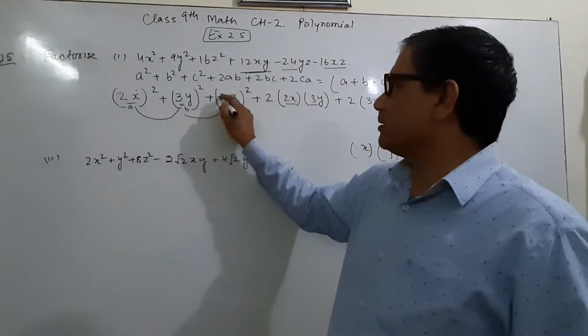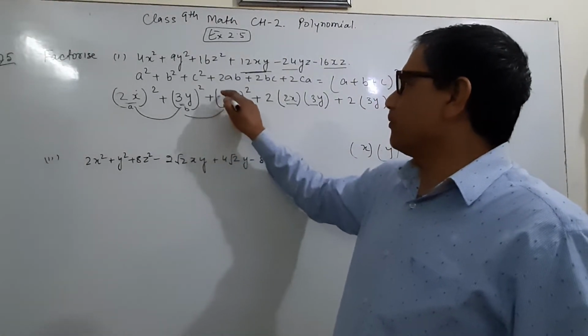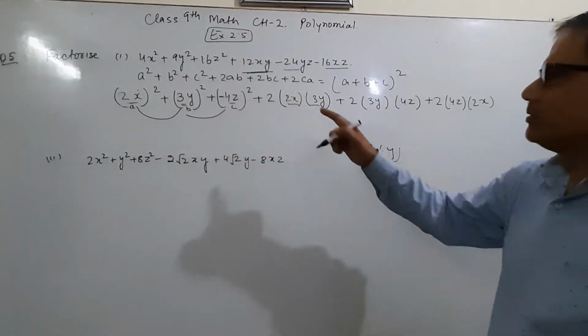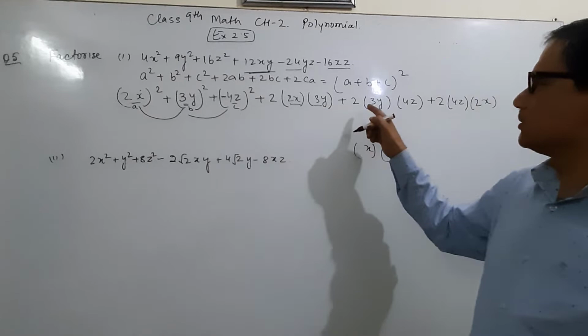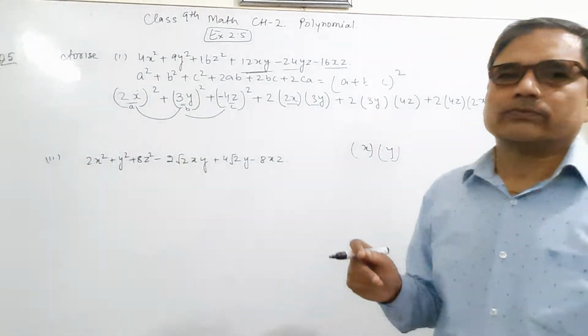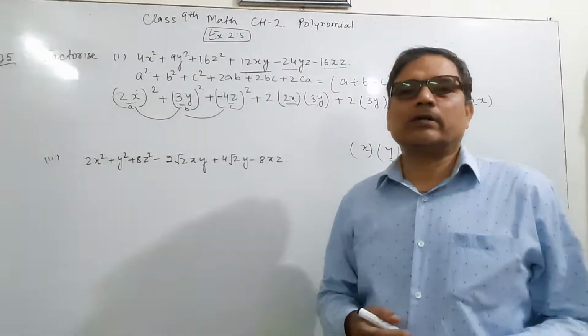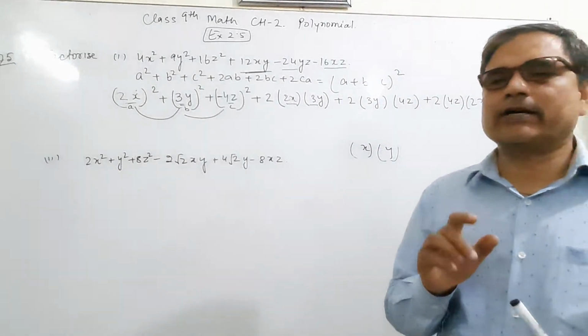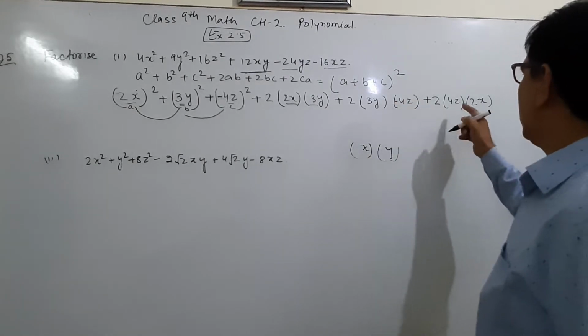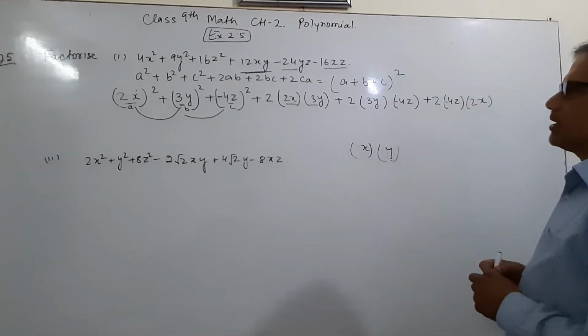4z. Then we have to take the next one, which is negative. It means 4z will be negative. You have to check the term where 4z is mentioned. Then you have to put a negative sign on 4z. Here is 4z, it is minus. It is 4z minus. And now you can check.